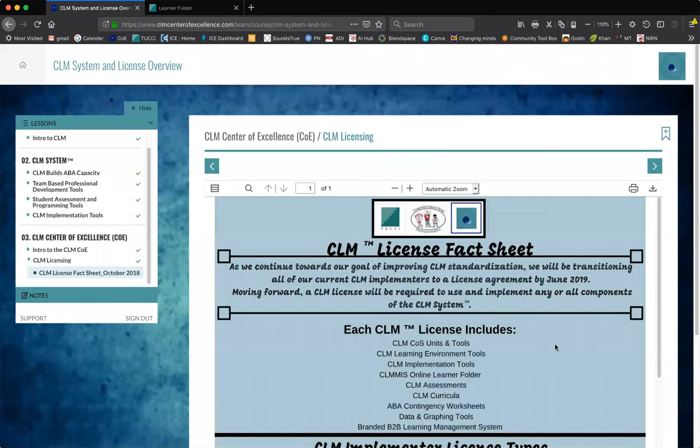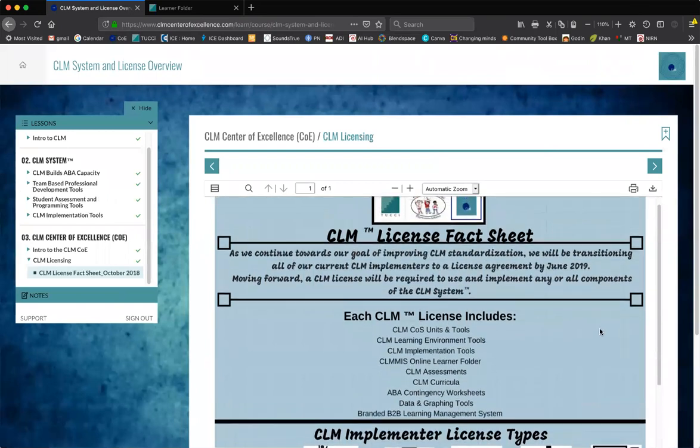This is the most updated CLM license fact sheet. We have revisited this as a Tucci organization and are very interested in making this as easy as possible for our current CLM users to remain part of the CLM family of users. We are moving towards our goal of having all of our implementers on this site migrated to the Center of Excellence site